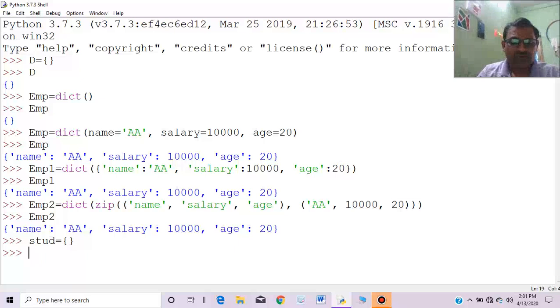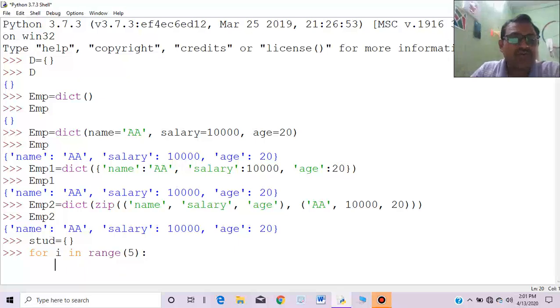There are many ways. You can use a for loop for better flexibility. I'm using a for loop here. You can use a while loop if you want to control the program on your own, for how many times you want to enter the values. You can use a for loop just for a fixed number of times. So I'm using for i in range 5, means 5 values would be added. This is very clear. Now ask the first value.